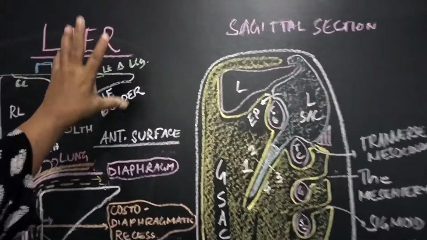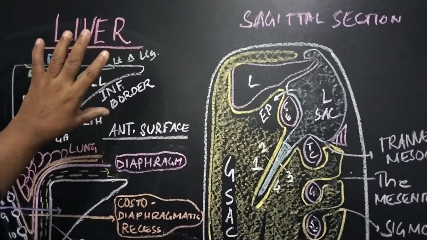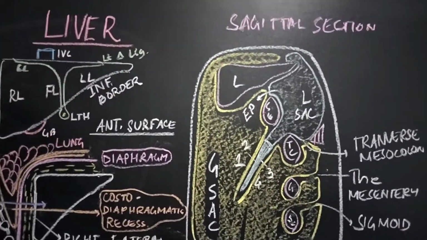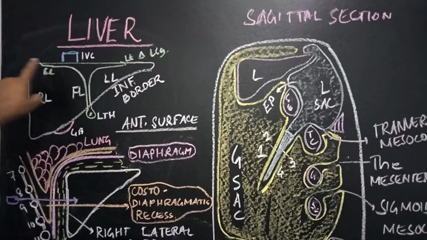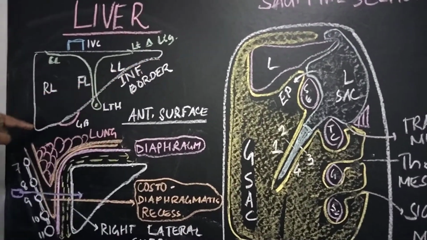Demonstration of the visceral liver. But before the demonstration, let us see the structures which we are going to see. First, let us come to the liver, which is a wedge-shaped structure having the inferior border, which is very sharp